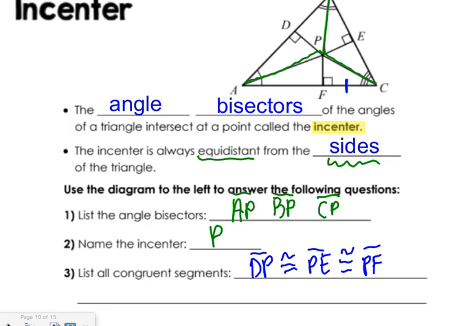FC is congruent to EC. AF is congruent to AD. And then BE is congruent to DB. So it's like these guys are equal, those guys are equal, and the top two. And I gotta write all that out. Okay. DB is congruent to